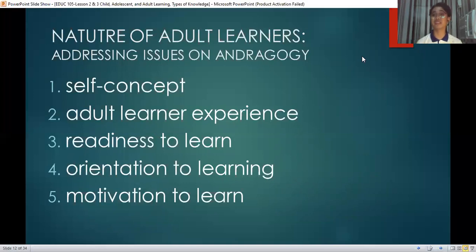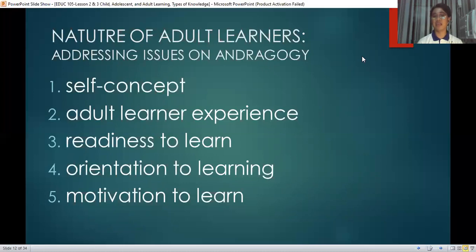They have this what we call self-concept. They are more of the intrinsic motivation. They are intrinsically motivated. So once they enroll to school, definitely these people are what we call more independent, or shall we label them independent learners, compared to child and adolescent learners who need a lot of guidance. But for this type of learners, I repeat, they can direct their own learning. Second,